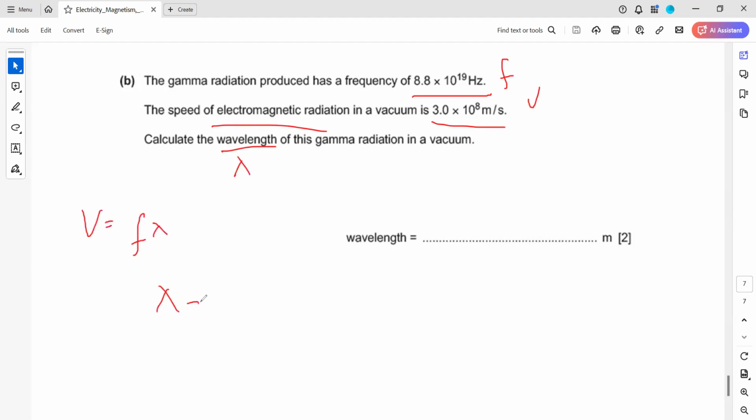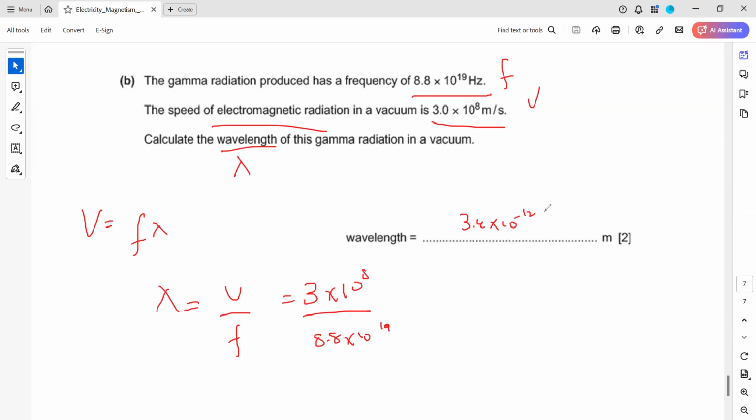So if you need lambda, it will be v divided by f. So 3 × 10^8 divided by 8.8 × 10^19. So this will be 3.4 × 10^-12